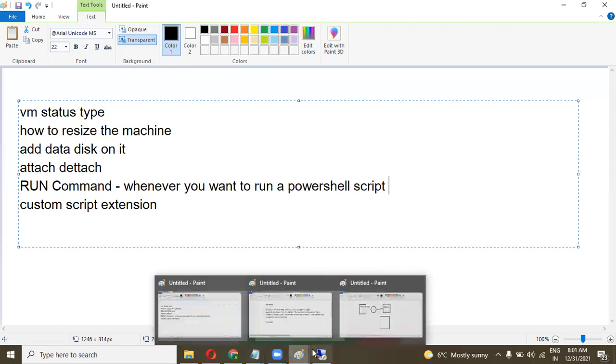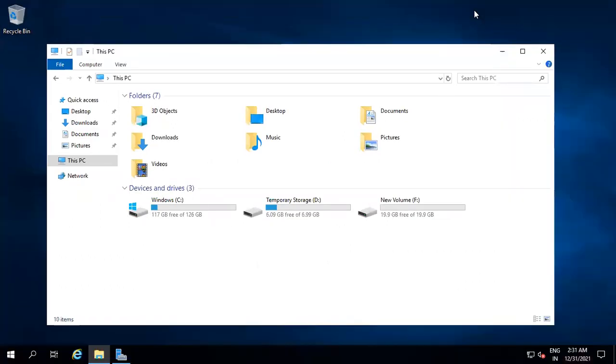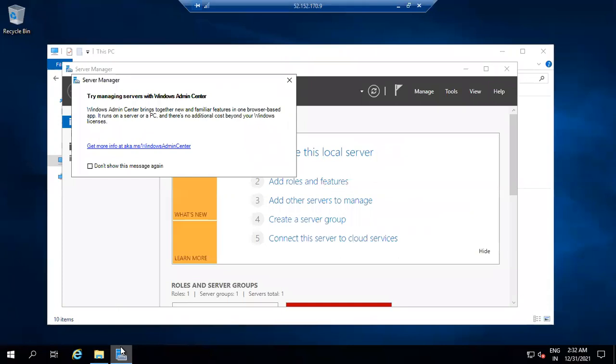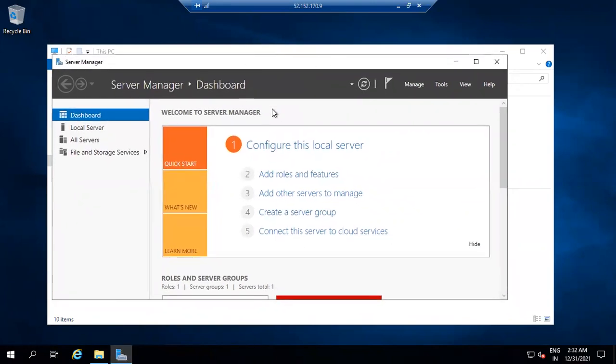Suppose I don't want to connect with that machine. I want to perform an action over here without connecting to the machine. Right now I have resources here, my machine is running in the background, and I don't want to connect with that. I don't have access to the machine. So then I can use the run command in the console.